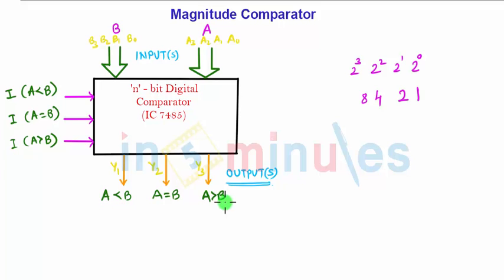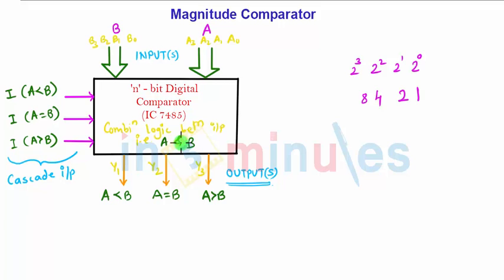So you get three single output lines. If your number is larger than 4 bits, then the cascade inputs are required. These are the cascade inputs through which the next set or the previous set of 4 bits of A and B are compared, and based on the logic of the cascade inputs and the combinational circuit between A and B, the outputs Y1, Y2, Y3 are obtained. That is nothing but the simple operation of a magnitude comparator. So this IC comprises combinational logic between inputs A and B. This is all about the magnitude comparator.